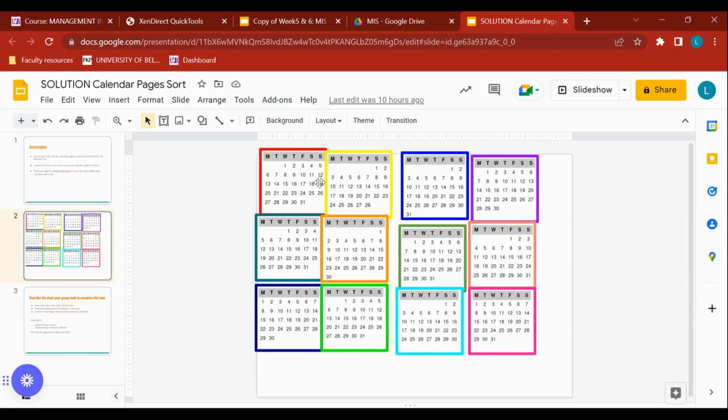But you must be saying, okay, Ms. Lambe, what does this have to do with business processes? We know what the days of the week are. We know what the months of the year are. Why are we doing this activity? Well, in looking at business processes, we are identifying steps. We're identifying the relevant things that we would have to do to achieve certain things within our organization. What kind of information are we working with, and how does this flow?